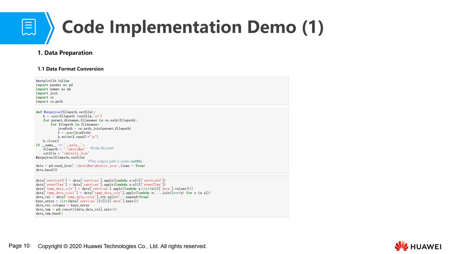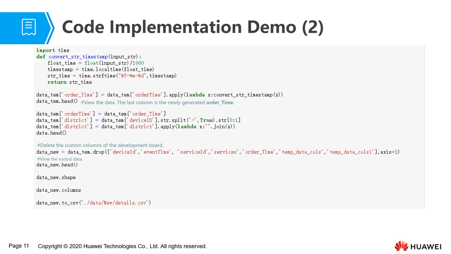After the data is parsed, change the timestamp to the required time format. To facilitate the extraction of area information, we extract the area information from the device field and generate a new field district. In the jar package data, the default columns defined by the development board are meaningless. We can use the drop function to delete these columns, and then save the data after the deletion in the